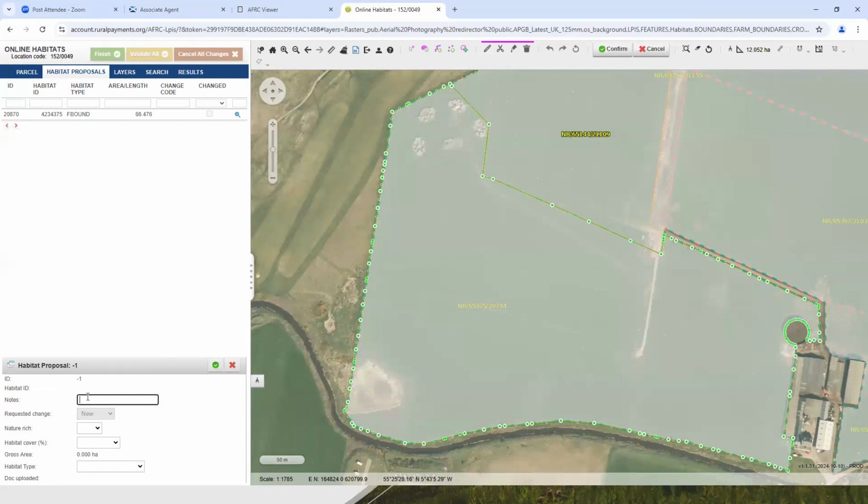So this is quite important. The notes section here, we always want to put in some kind of description for the habitat that we've identified, and it will trigger a validation error if the description isn't detailed enough. I think you need to have a minimum of 10 characters. So I might be inclined just to say permanent grassland, and because this is a new land parcel that we've just identified, it automatically knows that it's a new request,